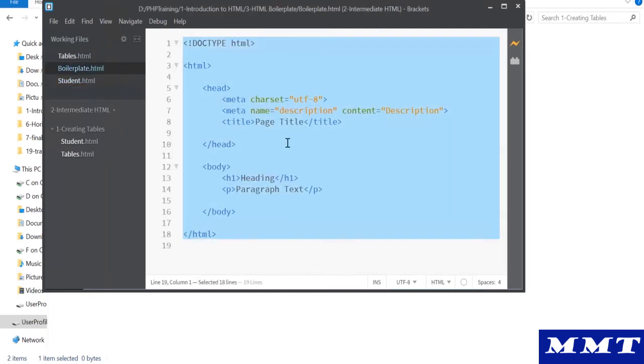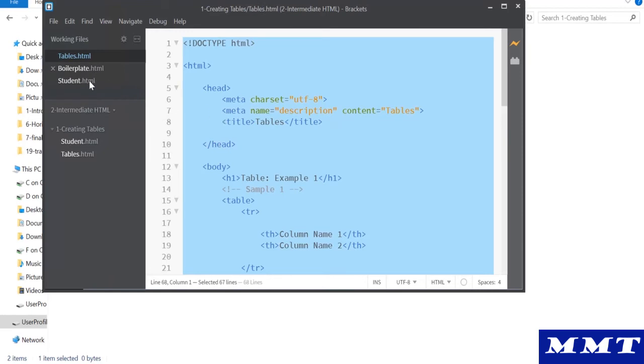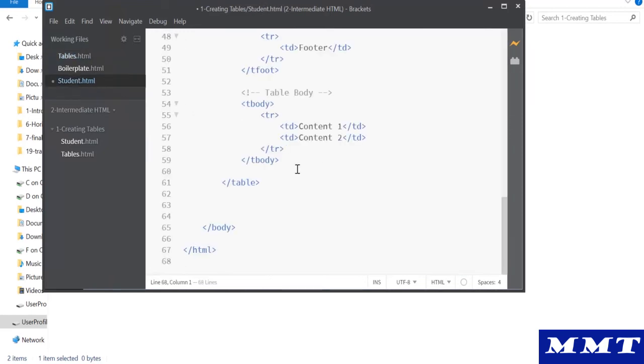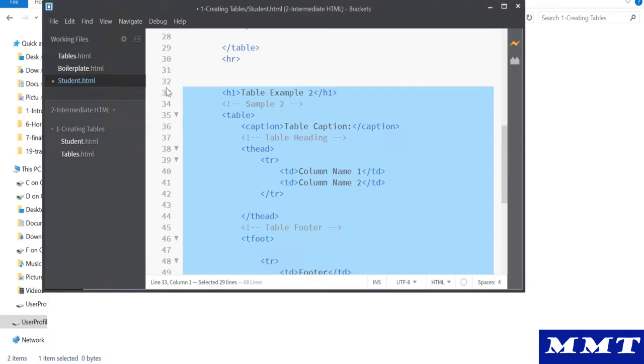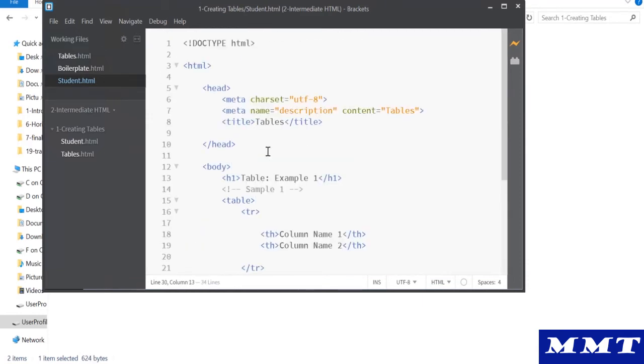Let's use our boilerplate. We can actually use the tables, and we'll create this and we'll remove this section. As part of this exercise, we'll also learn some attributes of the table. Okay, so let's call it student table. Okay, the first part we will create the columns.